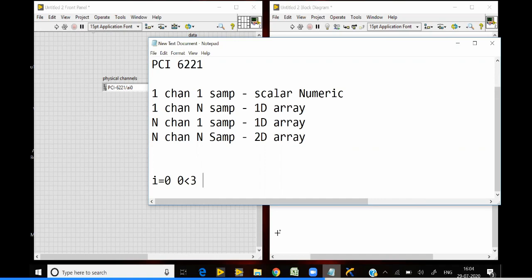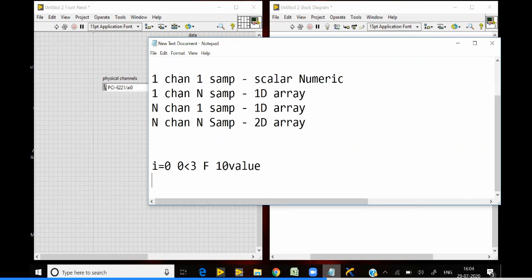So it is false, so you will get 10 values. So this will be your first row. When i is equal to 1, again 1 greater than 3 is false. So you will get again 10 values.